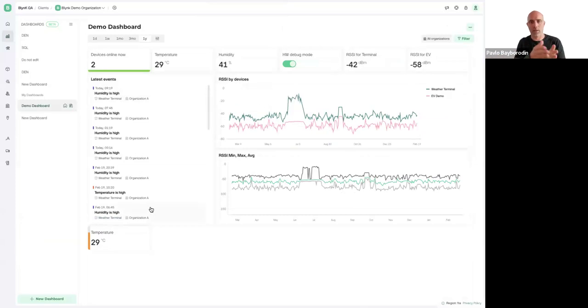Yeah, so this is a single device. If you're working on a small project where you need particular data from a particular device, you can do it here. The next